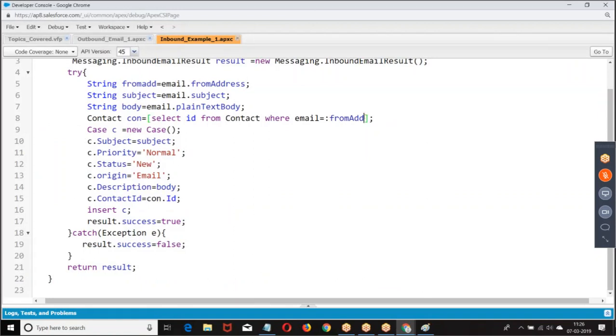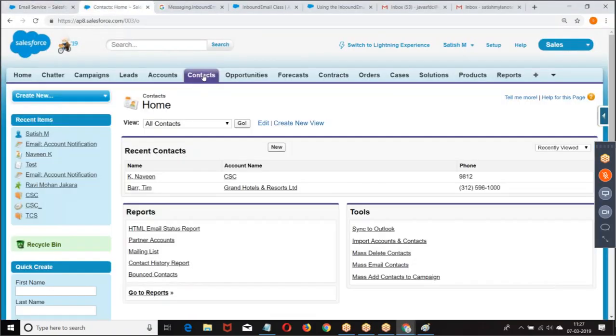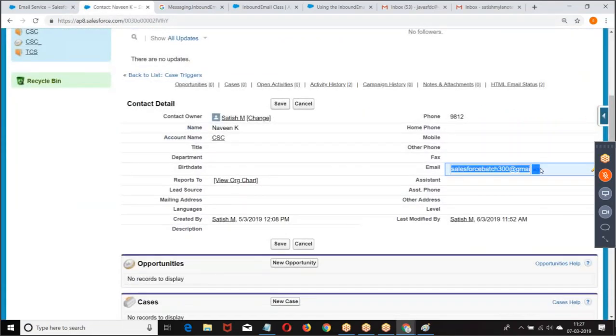Now, there is a possibility that I might have received more than one contact. I wrote a single contact. There is a possibility that I might have received more than one contact, or there is a possibility that there is no contact with the name of Satish Bala Notes. So what I will do, I'll try to modify the email address, because I wrote a SQL query. If the SQL query is not giving any record, the DML will fail.